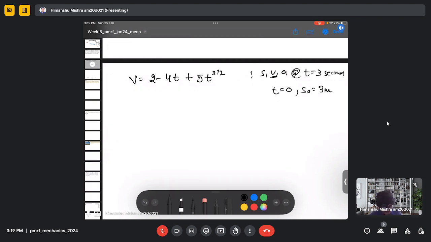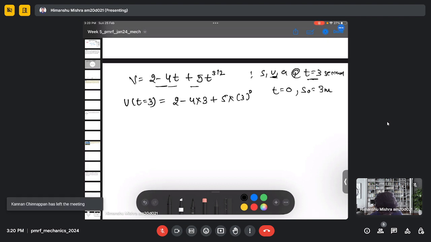So to calculate the velocity at time equals 3 seconds, we just need to substitute the value of t in the expression, because we are already given the expression for velocity in terms of time. So if you need to find the velocity at a specific time, just put the value of time into the expression to calculate the velocity at that time. So from the above expression, we have velocity at time equals 3 will be 2 minus 4 multiplied by 3, 5 multiplied by 3 to the power 3 by 2. So when we calculate this,